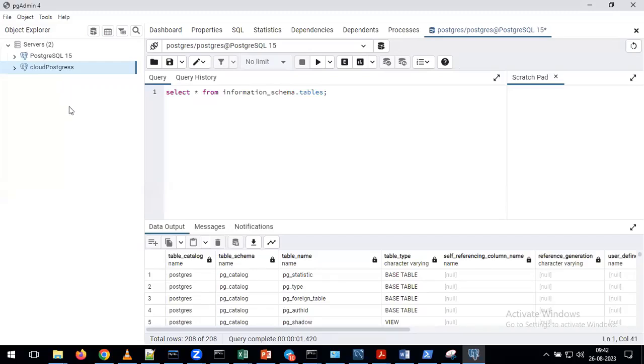PGadmin4 is not open for me, sir. Yeah, if you are getting an error, please close the window and try to open it one more time, Andy, because all other people are able to successfully create the connection. Might be you gave some wrong IP address or some wrong code. Again, I'm repeating, when you give the IP connections in the networking tab, please give the IP address /32. If you make any one mistake, it cannot maintain the connection with the Cloud SQL. For that reason, you are getting such a timeout error.